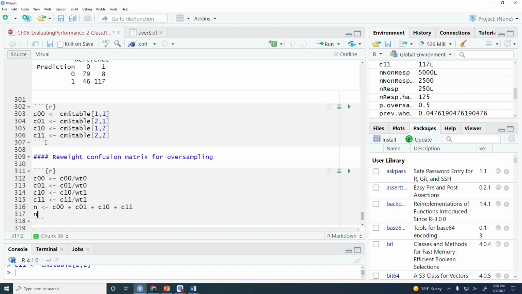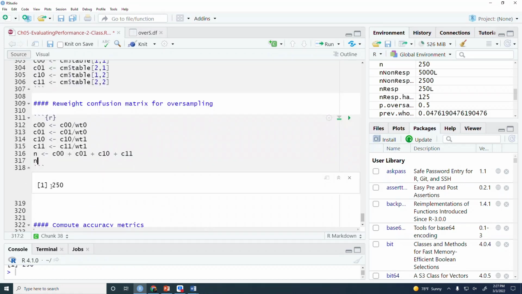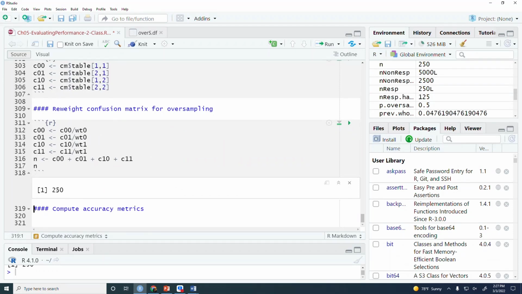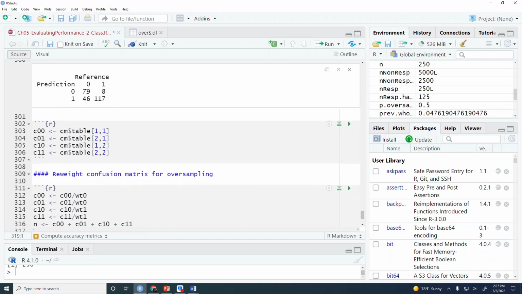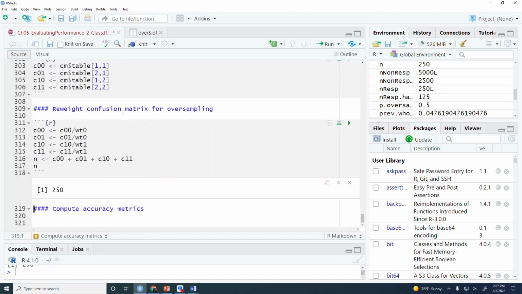Okay, so by dividing by the correct weights, now we have the new values here, and n is 250. So now we have the new confusion matrix. So here we have